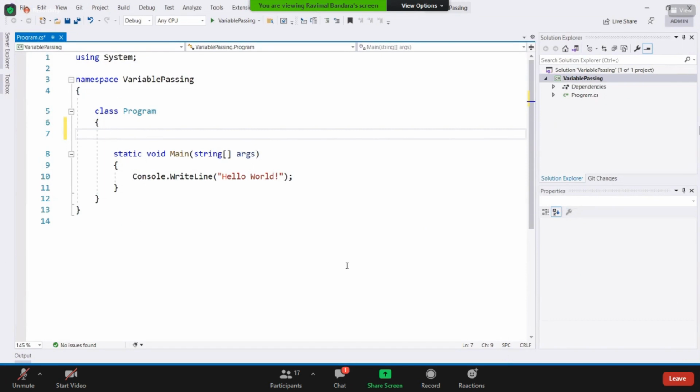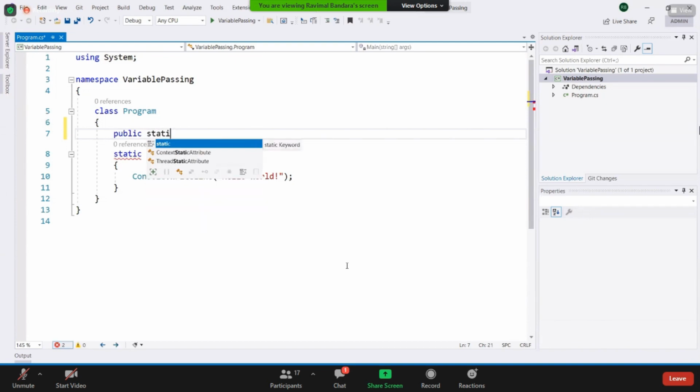And I'm going to create a new one, another function. Right? Public static, okay.